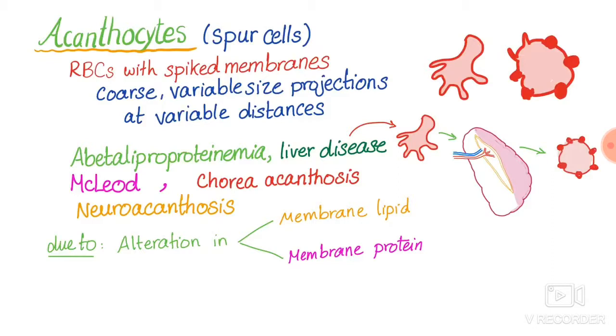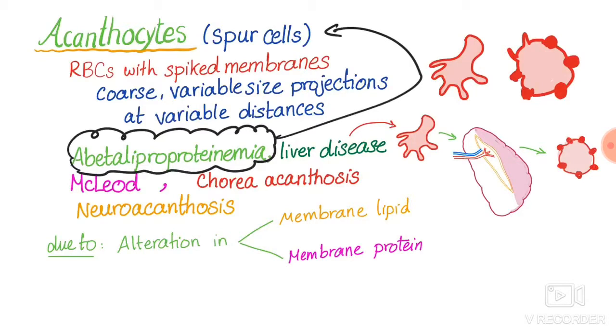When do we see acanthocytes in the blood? Please don't forget abetalipoproteinemia, which is a rare autosomal recessive disorder, a deficiency in apolipoprotein B48 and B100. There's a problem with chylomicrons and VLDL. What else? Liver disease, McLeod syndrome, chorea-acanthocytosis, neuroacanthocytosis. They're very rare diseases, but if there's anything you can learn from here, it's abetalipoproteinemia, where they have